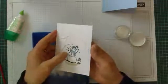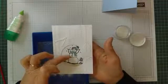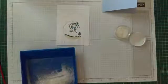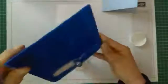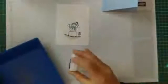I've probably got a little bit over here, but when that's completely dry I'll bring my rubber in, and I'll get rid of that little bit of ink. Not ink. So all I'm going to do is pop this in here so I don't lose it. Too dear to lose. Okay. I'll pop that back on. I've got the...